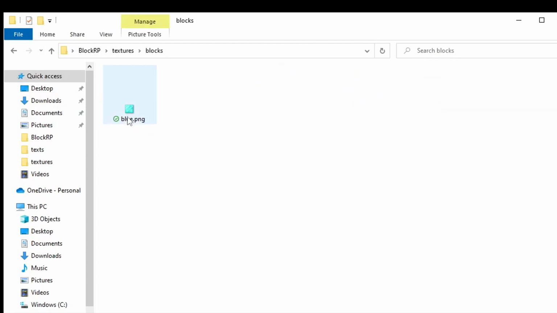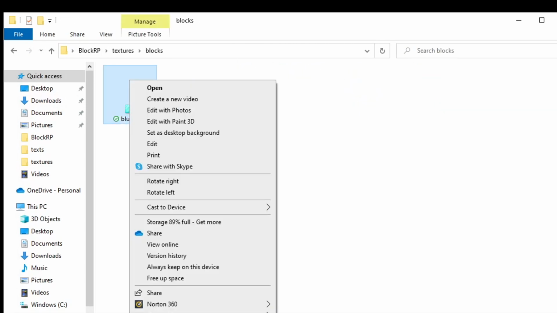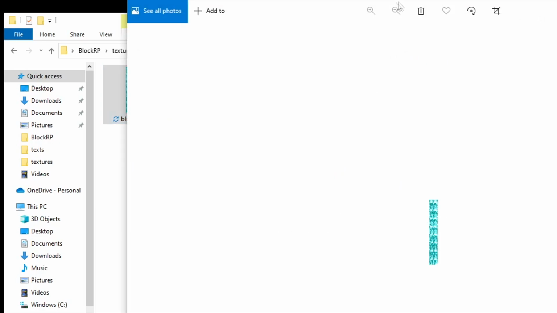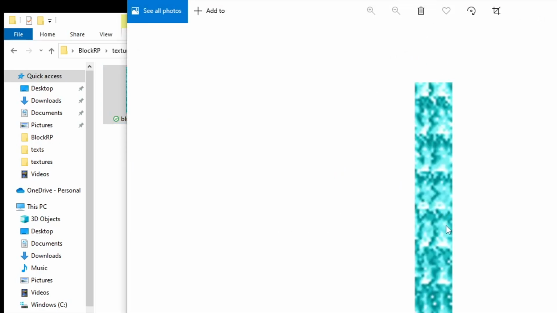So let's go to blocks, and we're going to delete this one. Now we need our custom texture to look something like this, to have it have a flip book picture. So this is what it would look like. It would need to be in a format like this. And each little square here is 1, 2, 3, 4, and so on. And that's how fast in between this picture and this picture, the ticks per tick would be to transition in